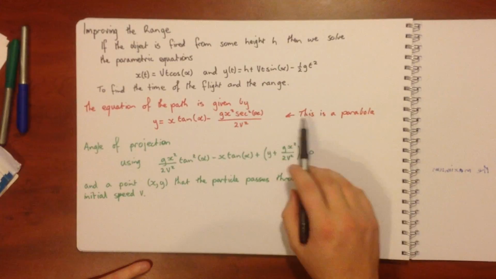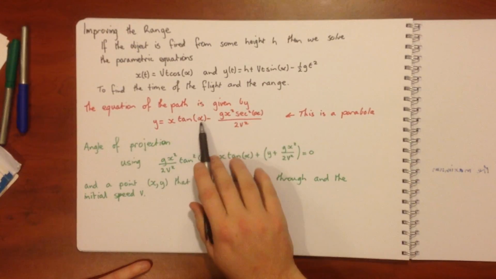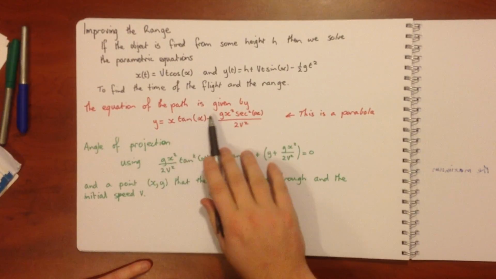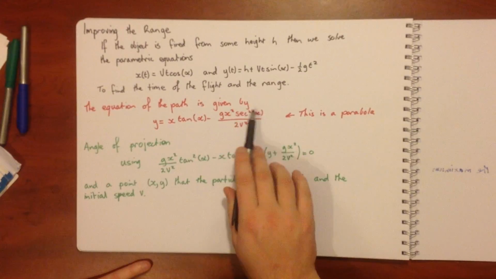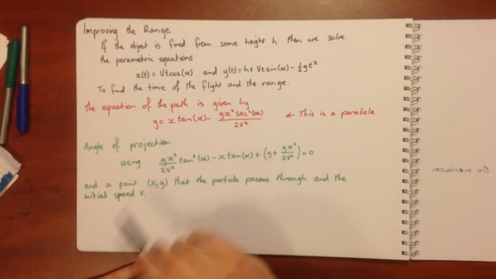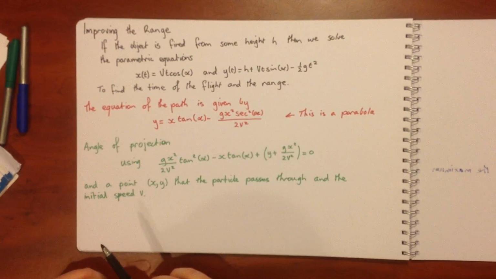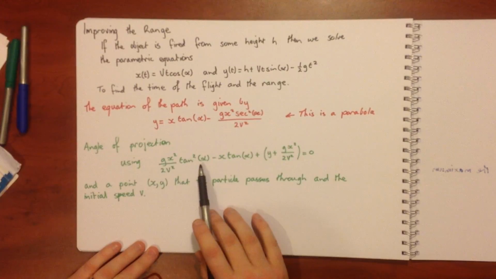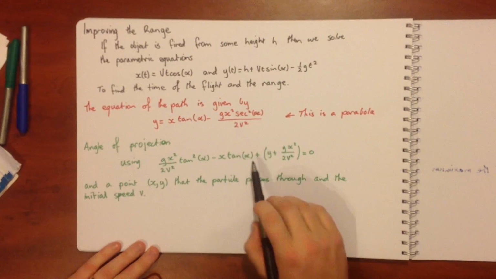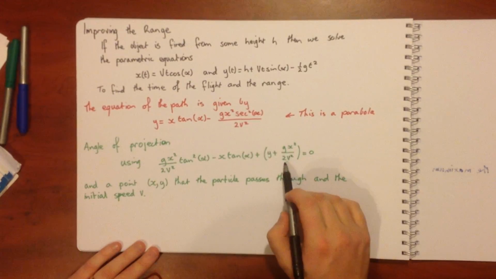This is actually the equation of a parabola because we've got our x term, our tan alpha, that's just a value, g is our 9.8, sec squared alpha is just a number, and 2v squared is just a number. We can also find the angle of our projection using g x squared on 2v squared tan squared alpha minus x tan alpha plus y plus g x squared on 2 times v squared